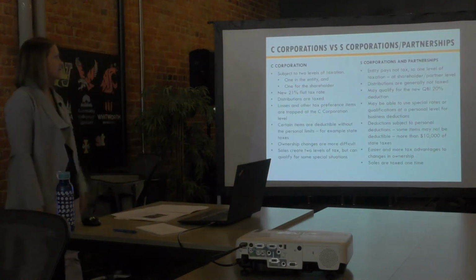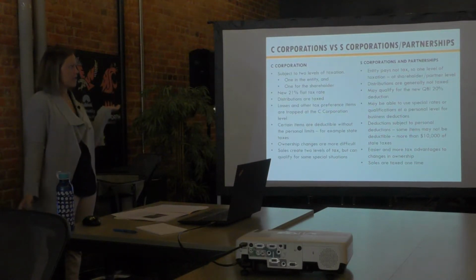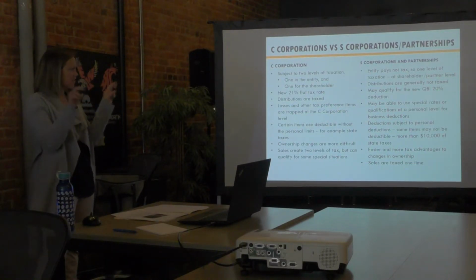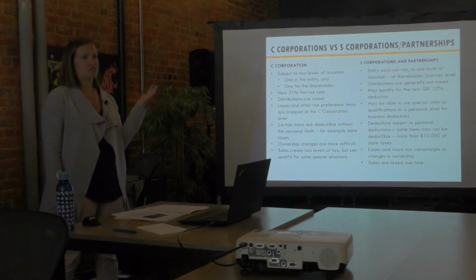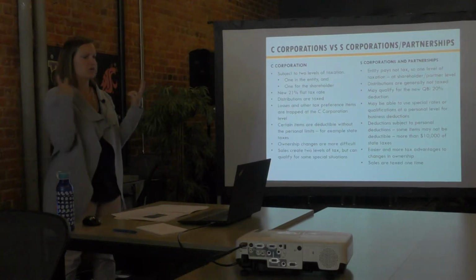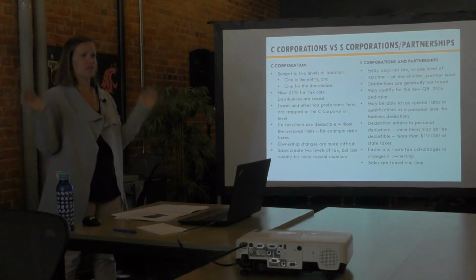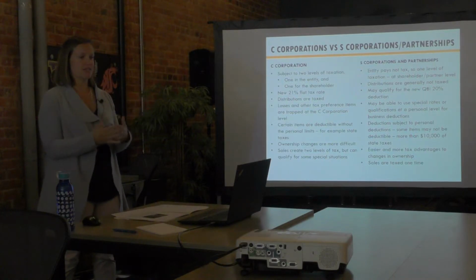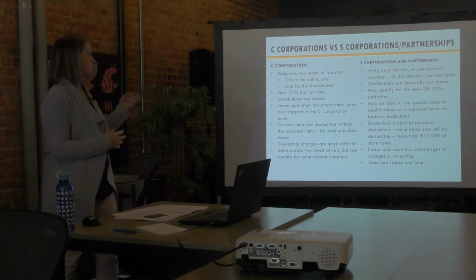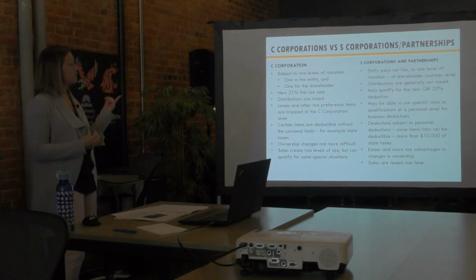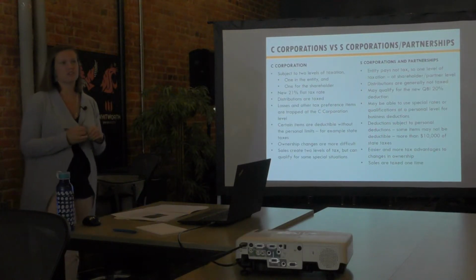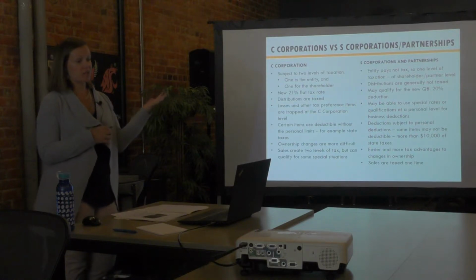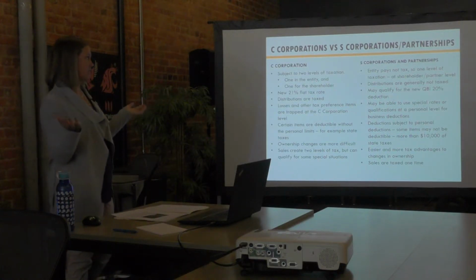I just did a little side-by-side of a C corporation versus those pass-through entities, and I tried to line them up, but of course when things are longer and shorter, that takes up more or less room. But the C corporation is subject to 2 levels of tax. The partnership and S corp are only subject to 1. Everything flows through to the personal return, and they pay tax on that level. C corporations get the new 21% rate, but as a flow-through you might be able to take that 20% deduction that I briefly touched on in the last slide. So even though that tax rate looks lower, there are other options that maybe could get you close.